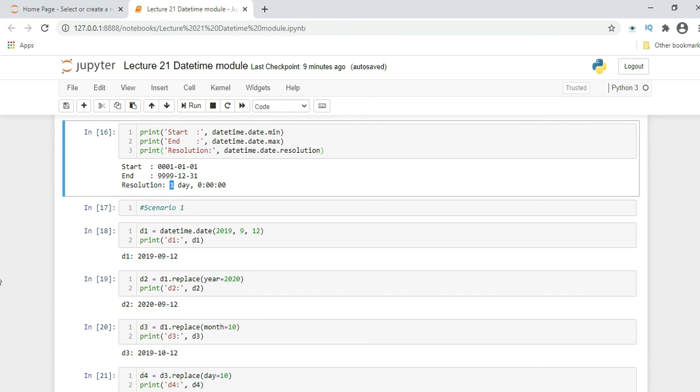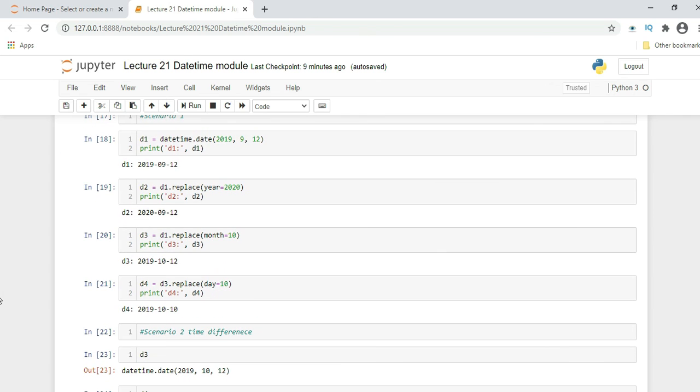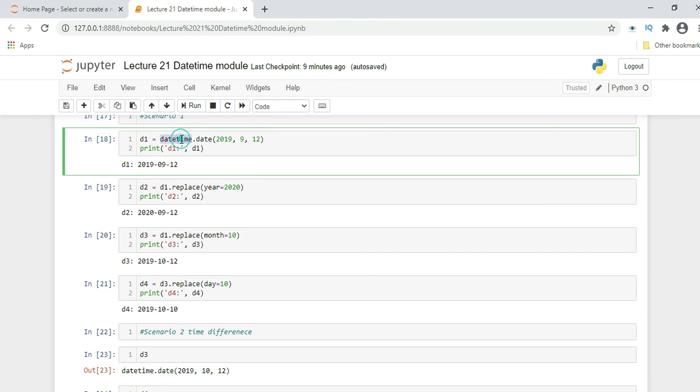Now scenario 1, where we want to see a time difference. Later we can calculate it. So here we have a datetime function. We stored its value into the d1 variable. So datetime.date, this is year, sorry, month and date, so it's date and month. This would be the value of d1.